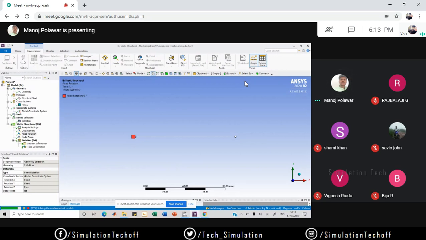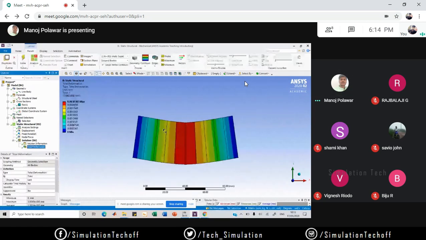Now you are getting the value or not? Still solving. Yes, I get it. Yes, fine, good. So that is the error. If you are assigning an irrelevant boundary condition, you may get an error like that.